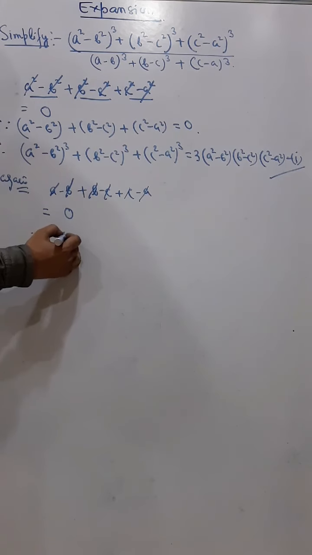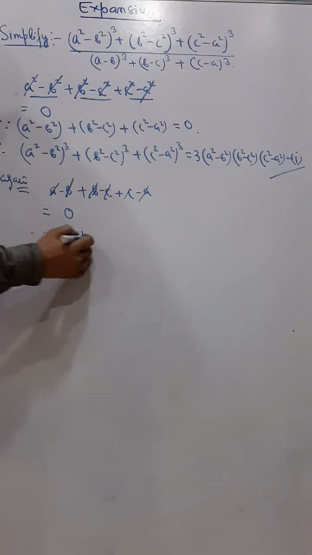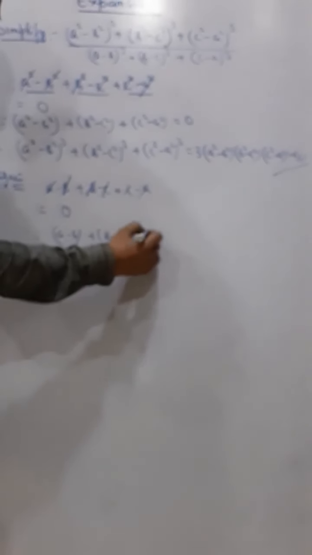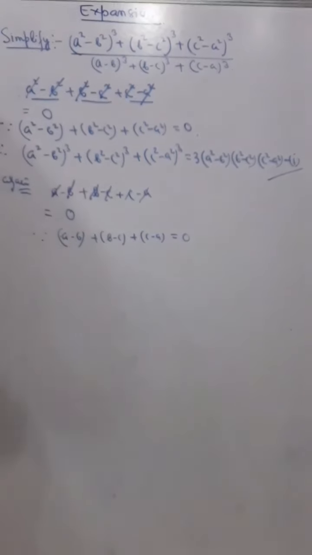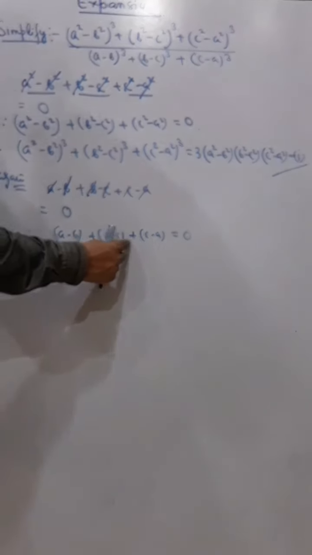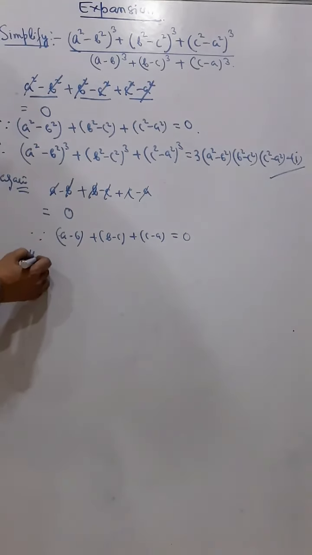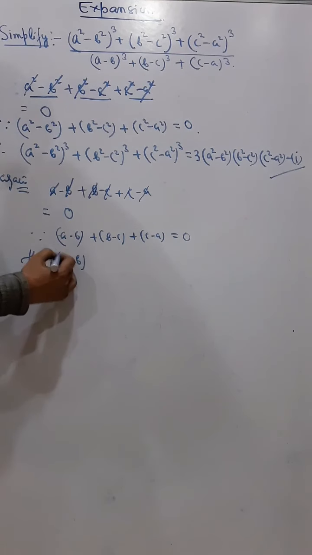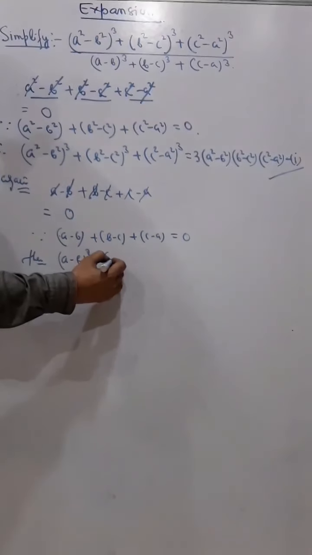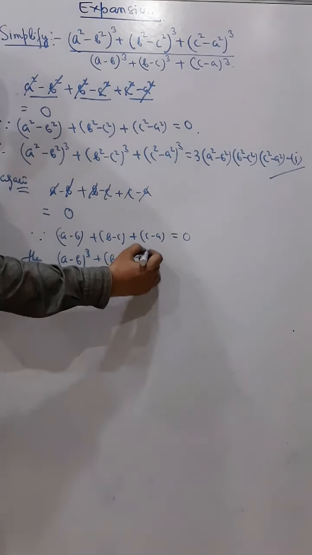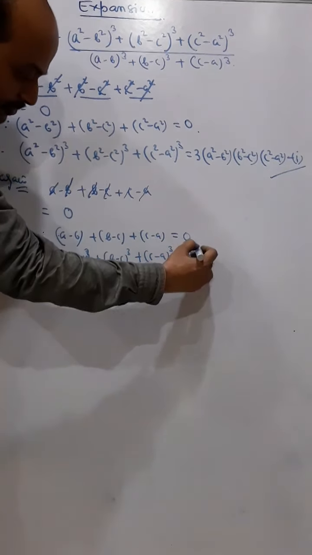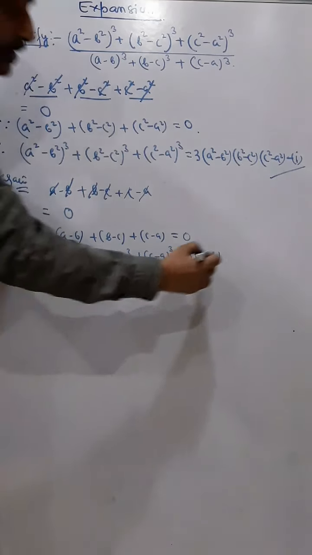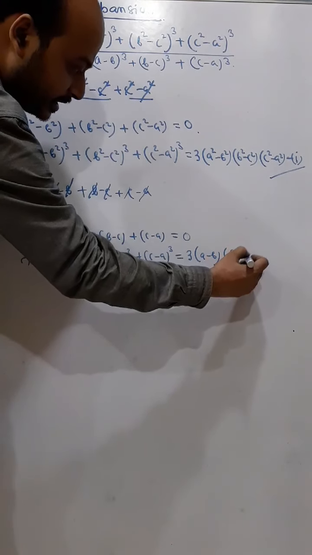So therefore, since a minus b, b minus c, c minus a, I told you, think of this one as a plus b minus c, this one is b, c minus a, is equal to 0. So we got this plus this plus this, the value as 0. That means if a plus b plus c equals 0, then (a minus b) whole cube plus (b minus c) whole cube plus (c minus a) whole cube will be equal to 3 into a into b into c.